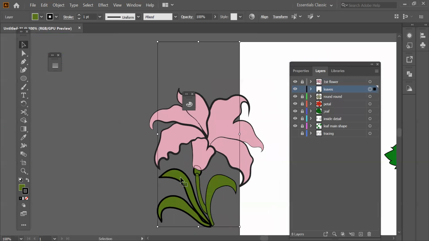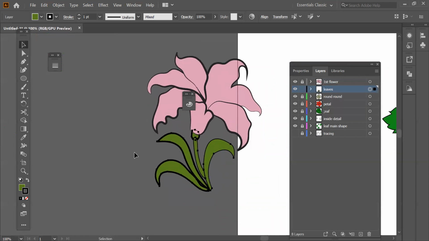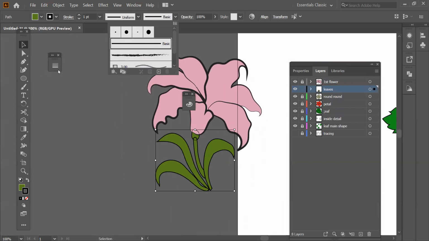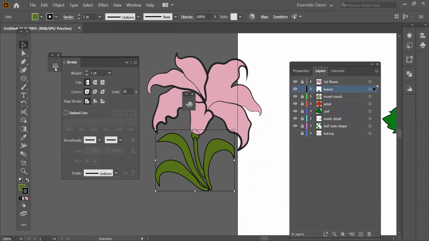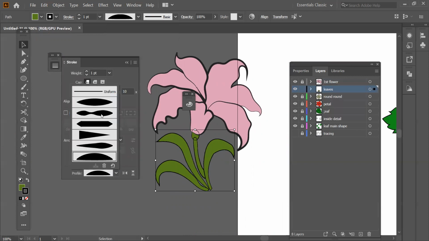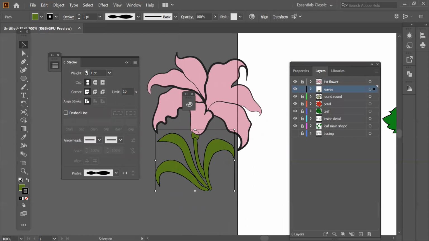Now, what do we have to do? First of all, see, this black one is because of the using of the brush tool, okay? So just have to select the basics. So everything is back to normal. And profile, if you want to apply something. I like to apply it because otherwise it looks very normal. I'm just gonna, this is done.